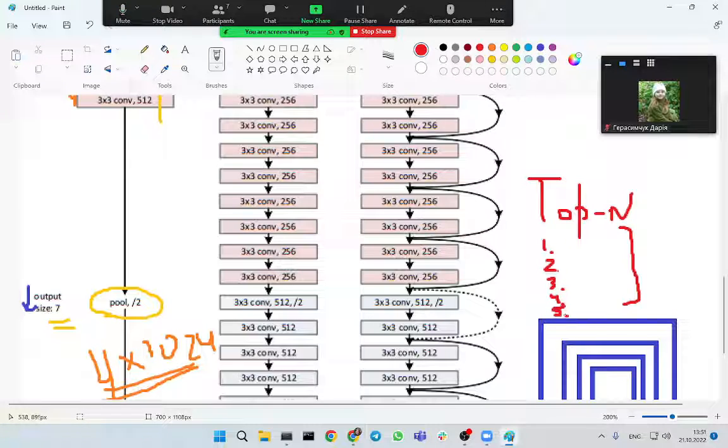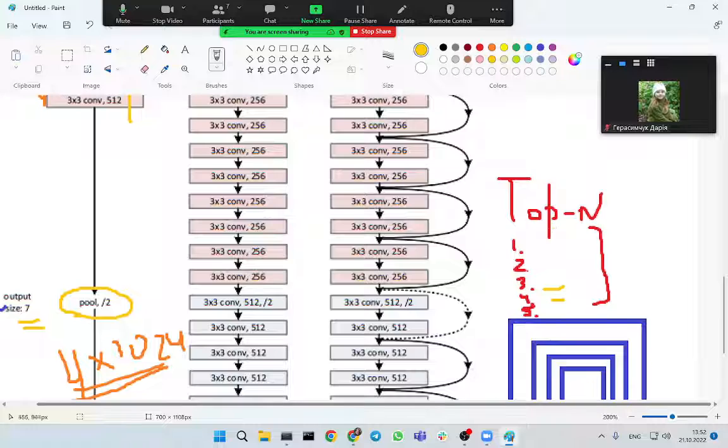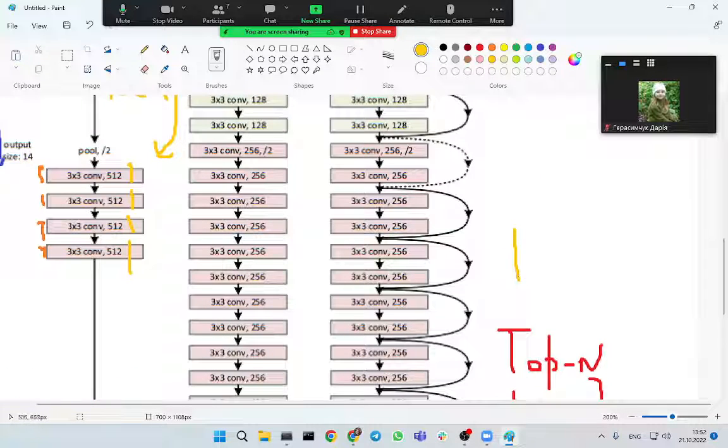For top 5 accuracy for different classes, the correct label, for instance a car, is supposed to be somewhere here or here, or any of these positions. If it makes it to the top N, it's the correct prediction, otherwise it is not. And there's also a more strict, more realistic